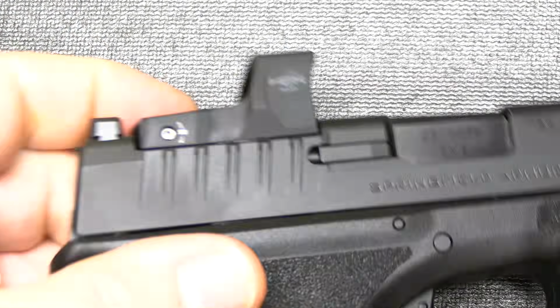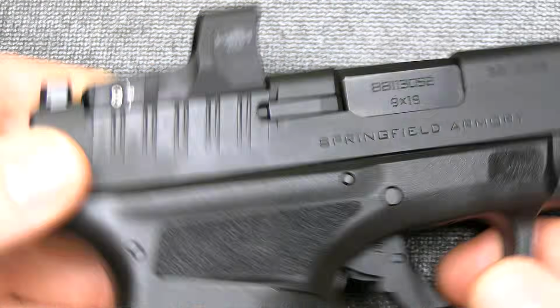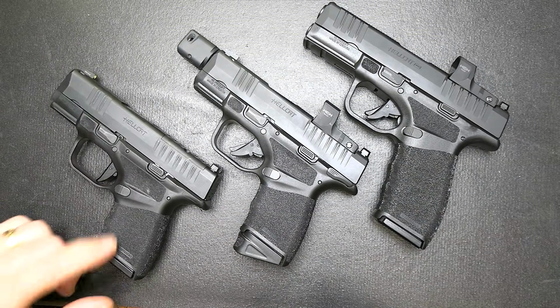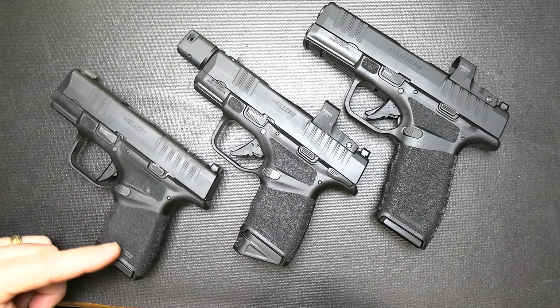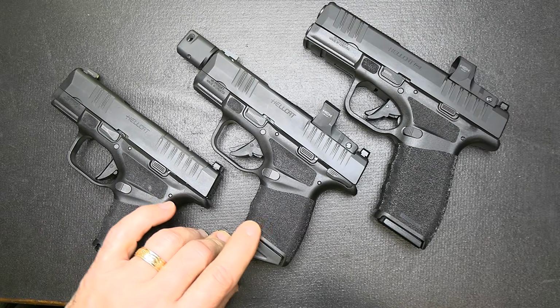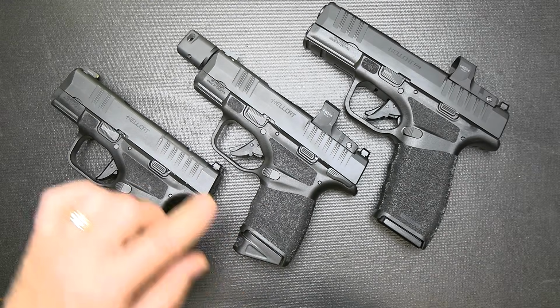But one thing you can do is rack your slide with your optic, and it's good and strong and solid. Now with the standard Hellcat, it had a 3-inch barrel. Again, 11+1 or 13+1 if you want an extended base plate. The Hellcat RDP came out with the same grip length, so you have 11 plus 13, but it does have